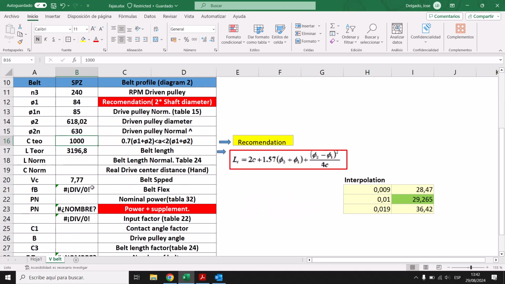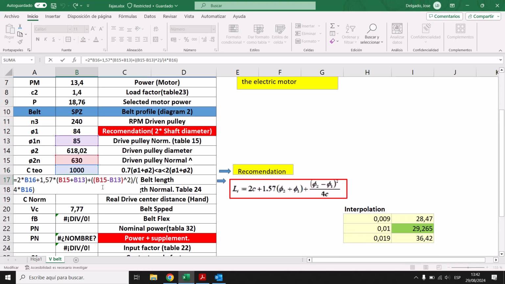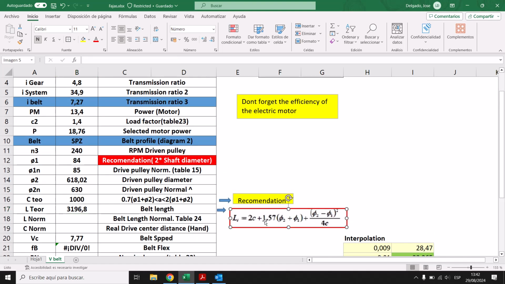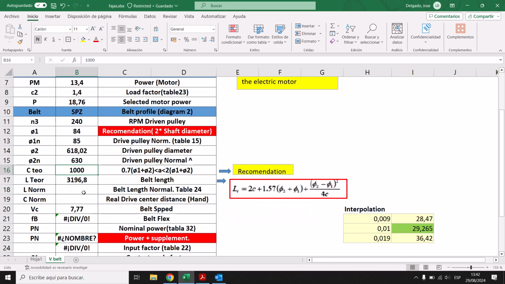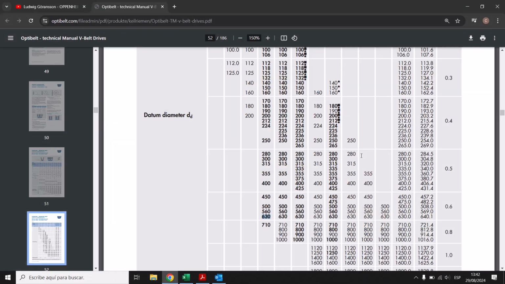And put this. Now this is an equation to calculate the belt length. You have this information because you have your drive center distance. Theoretically, yes, it's a preliminary calculation. Now you should calculate the real belt length, and this is also on the market. In this case, we have table 24,